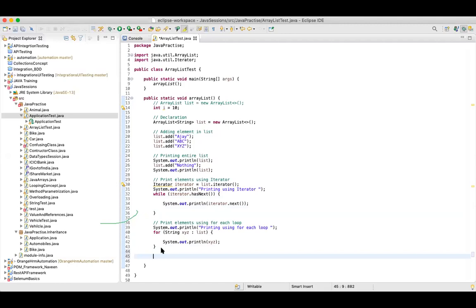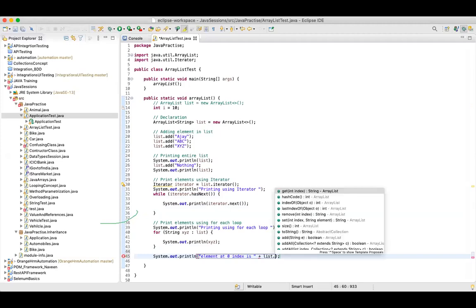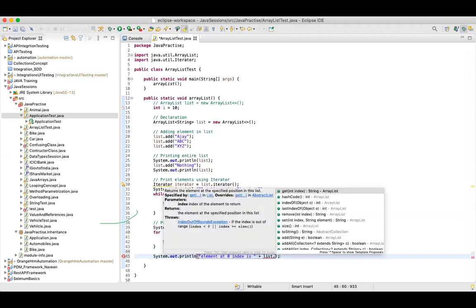So I can simply say System.out.println, element at 0 index is, and the name of my array list is list.